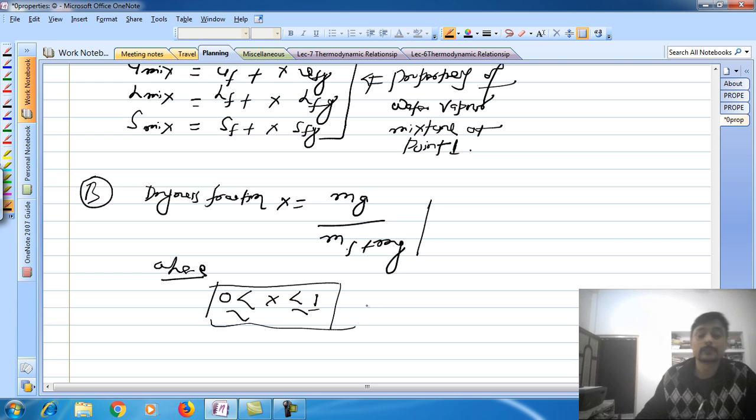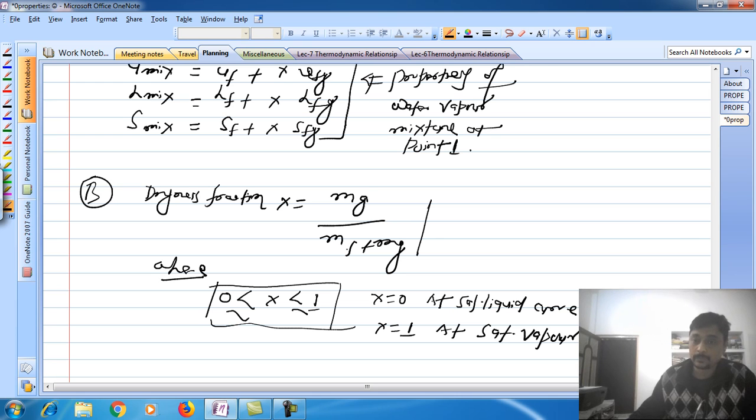This is very important. x is equal to 0 at the saturated liquid curve, and x is equal to 1 at the saturated vapor curve. So this is all about the